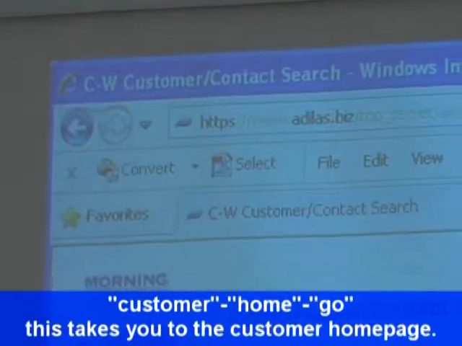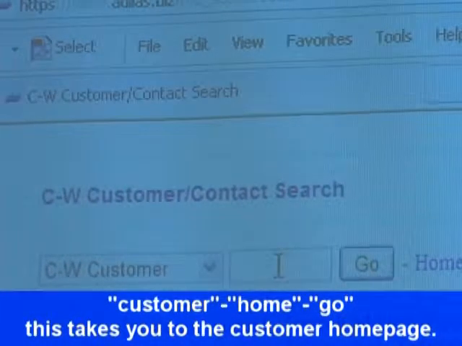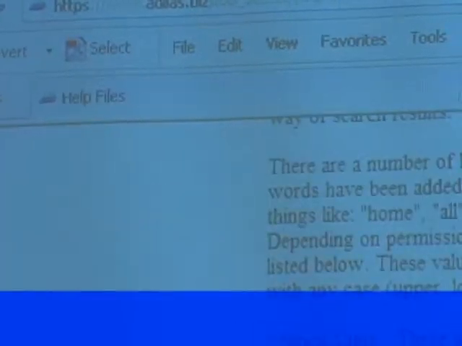Okay, the next one on the help file says we can do home. It might look like we're going to the exact same spot, but say you were somewhere else and you typed in home, it's going to take you right back here. This is considered the customer home page, okay? The next one that we can do is